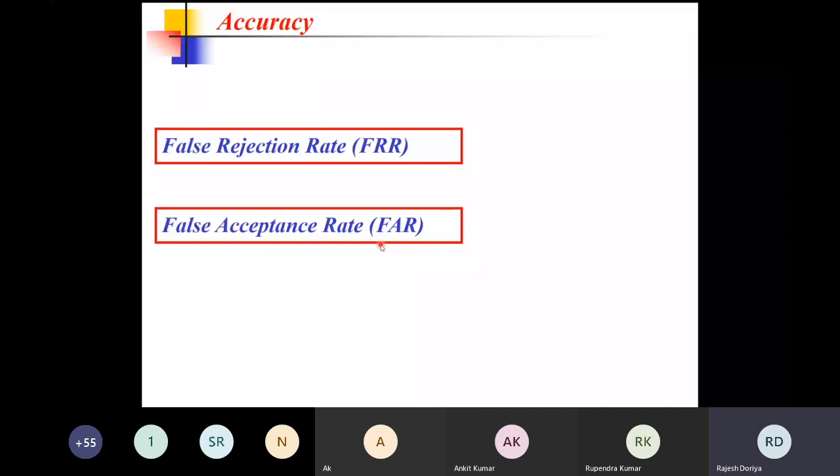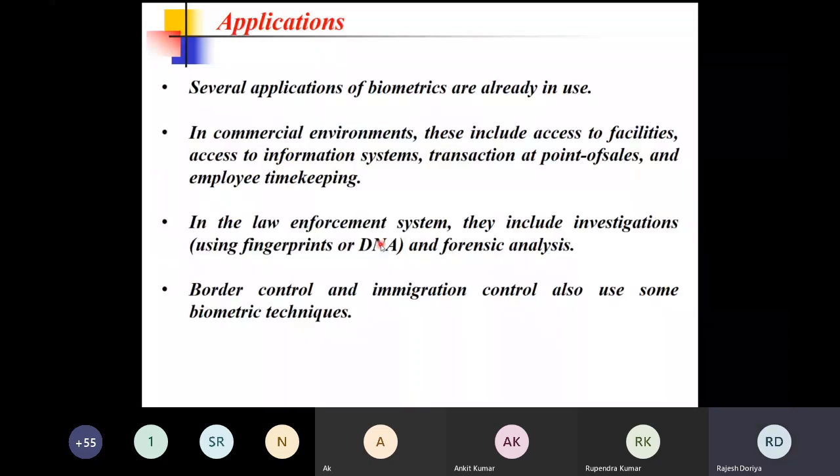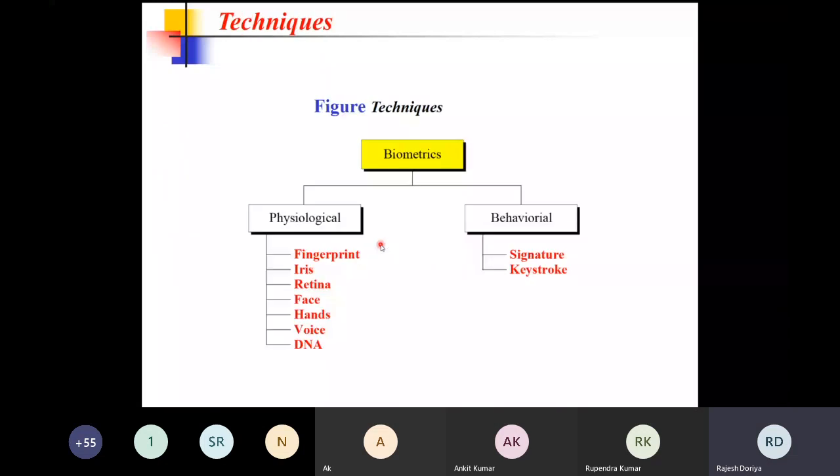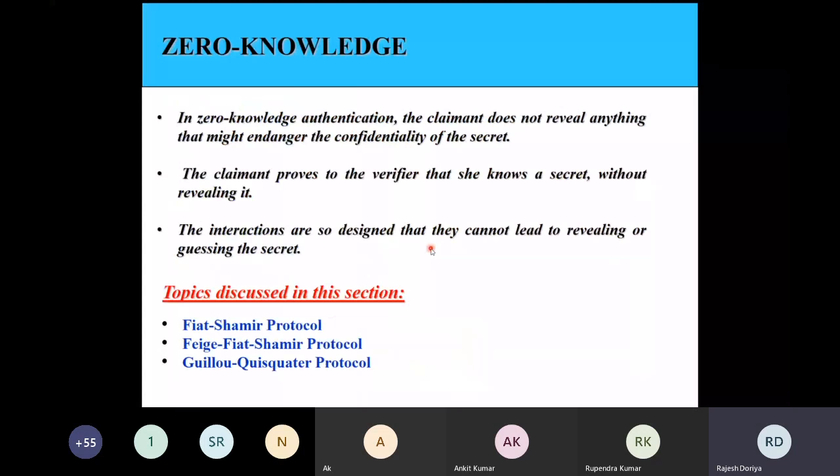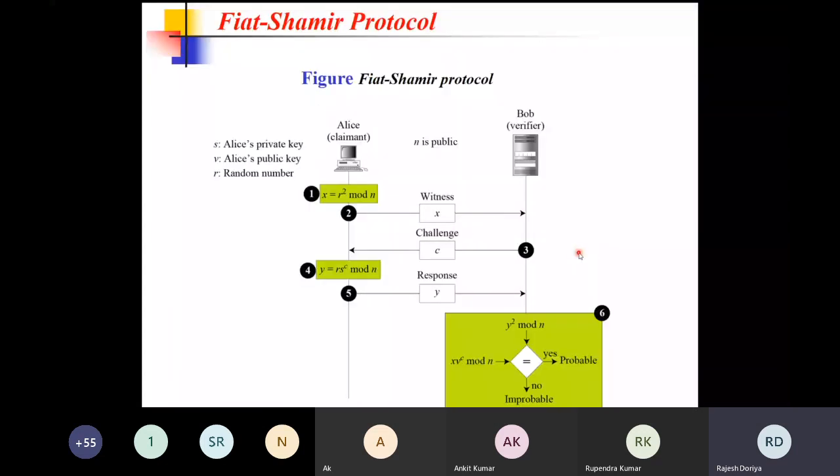So there are many applications, of course. I hope this particular lecture is pretty clear to all of you. You can just exercise this one since we have already discussed the Diffie-Hellman protocol, so these things will not be challenging at all for any of you. So please exercise these ones, and let me know if you do not get it.